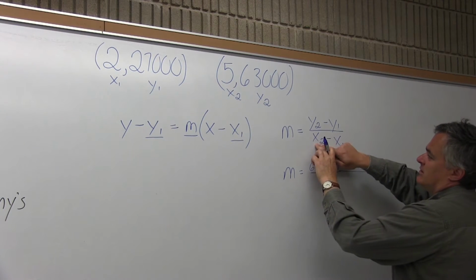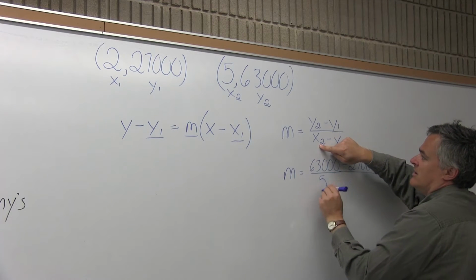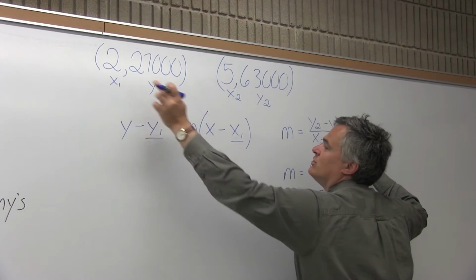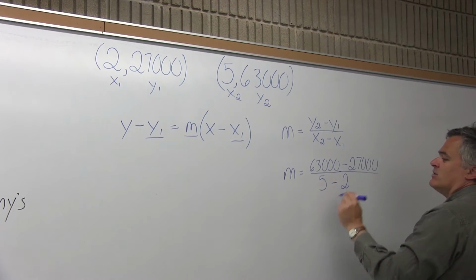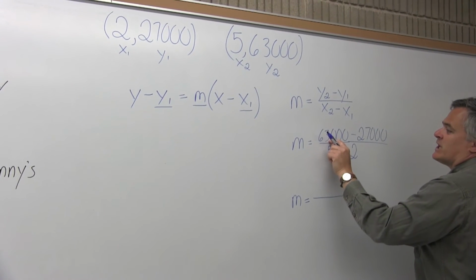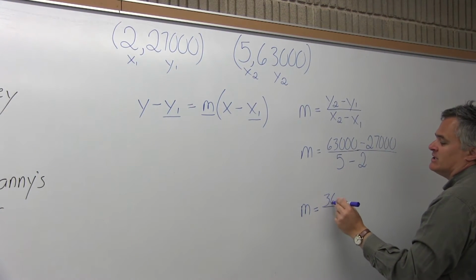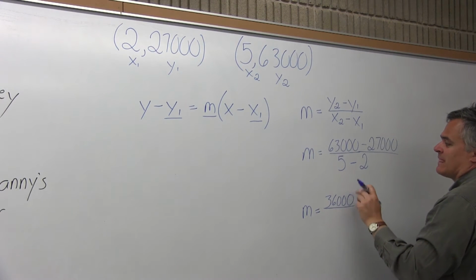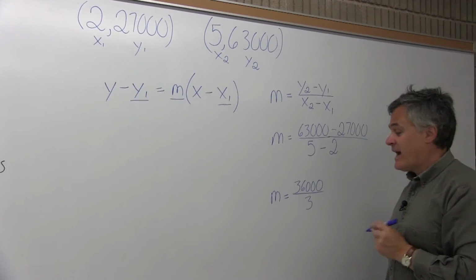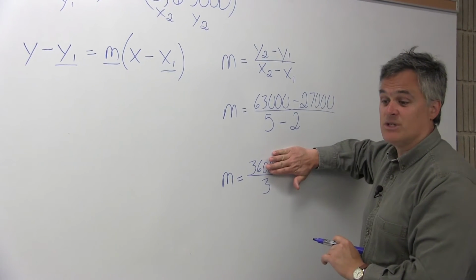And then in the denominator, I start with x2, which I have as 5, then minus x1, which is 2. And now if I do that math, my slope, or m, on top, if I subtract 63,000 minus 27,000, that is 36,000. And then 5 minus 2 underneath is 3. Now that will reduce. I can just pretend it's 36 divided by 3 is 12,